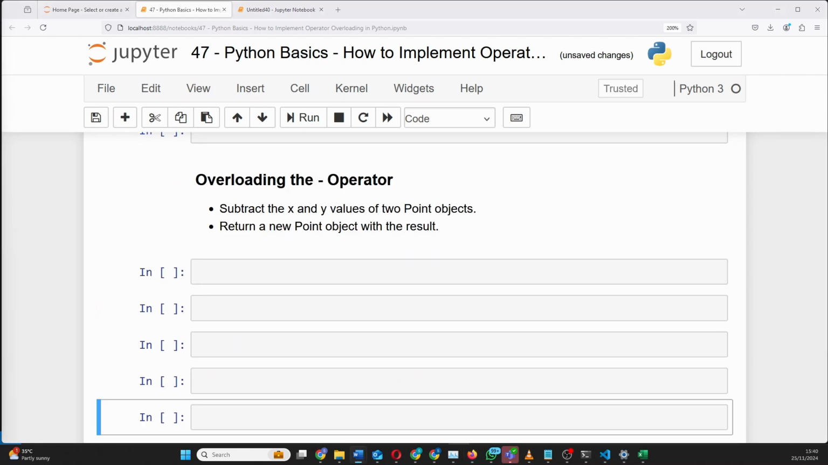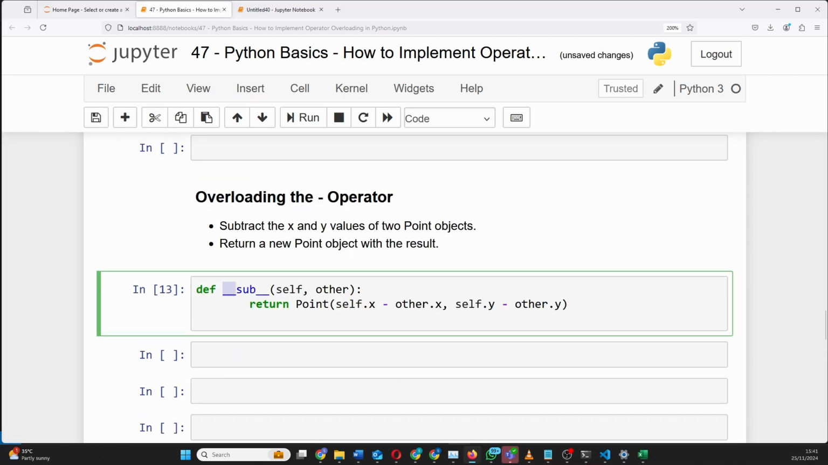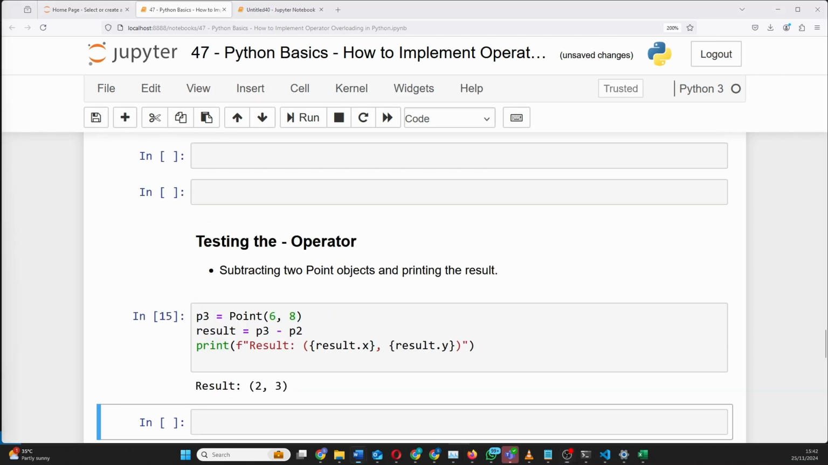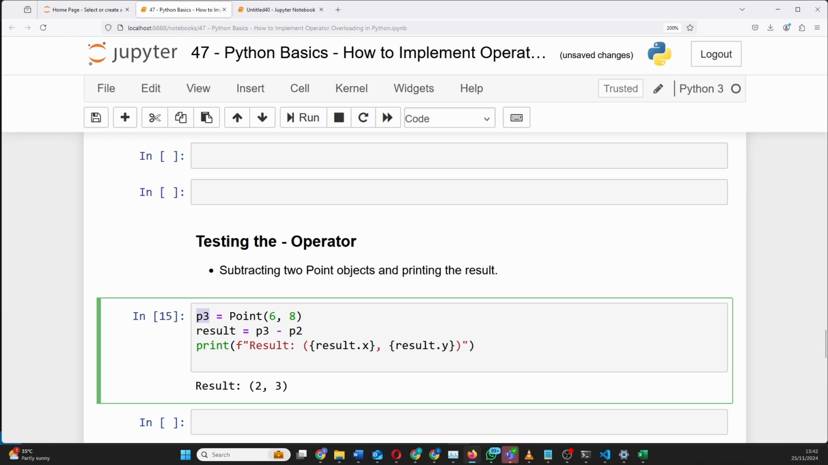Next, let's overload the minus operator to subtract one Point from another. This method is defined similarly to the __add__ method, but here we subtract the x and y values instead. Let's test the operator as well. We created a new Point object p3 with coordinates 6 and 8. When we subtract p2, coordinates 4 and 5, the result will be a new Point with coordinates 2 and 3,